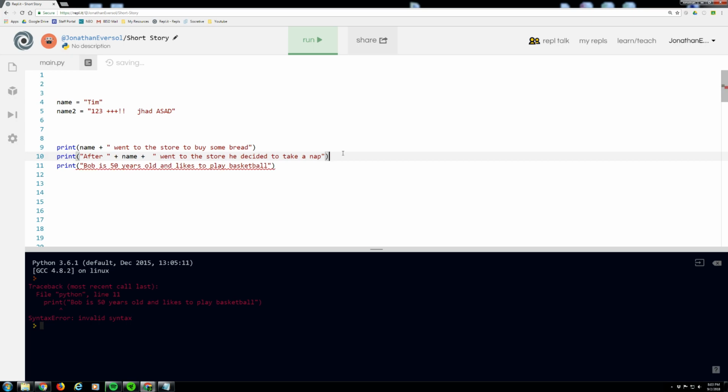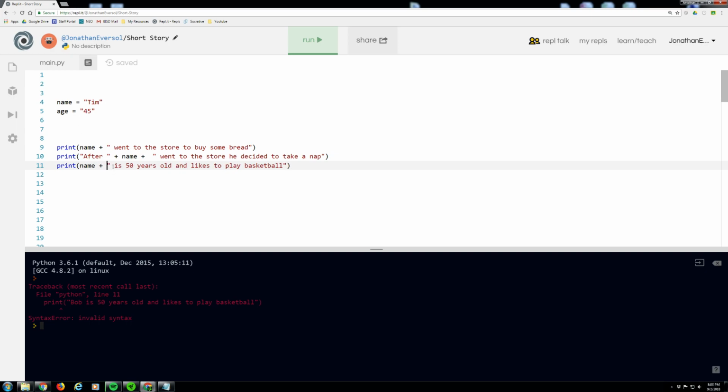We can also make variables to change his age, so we can use numbers as well. So let's do a variable called age, and let's say he doesn't want to be 50 anymore. Let's make him 45. I bet you he'd like that. And I'm also going to put this in quotes as well. This makes it a string. So now I'm going to add 2 here to this one. Let's get rid of Bob, and let's add our variable name